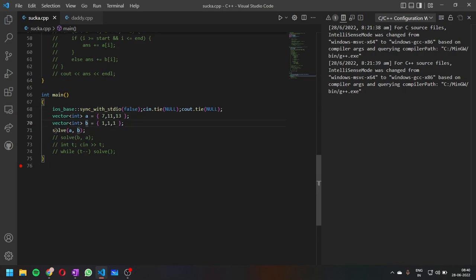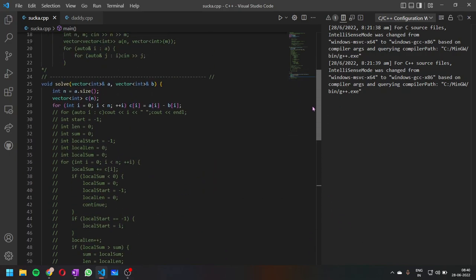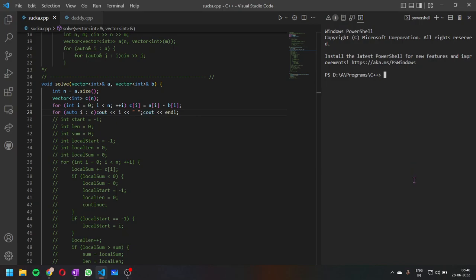We have A and B. We are going to first solve for A and B, then solve for B and A, then return the maximum of A comma B and B comma A. In A and B, we are initializing a vector C with all of the subtractions, so A of I minus B of I. After this we can also dry run it. This will give us all of the subtractions.